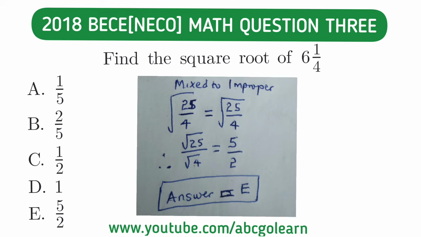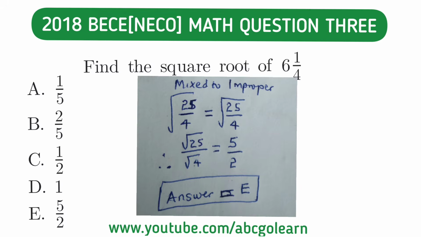Question number 3. We are asked to find the square root of 6 1/4. It is in mixed form, so the first thing we are going to do is to change this mixed fraction into an improper fraction. 6 multiplied by 4 would give us